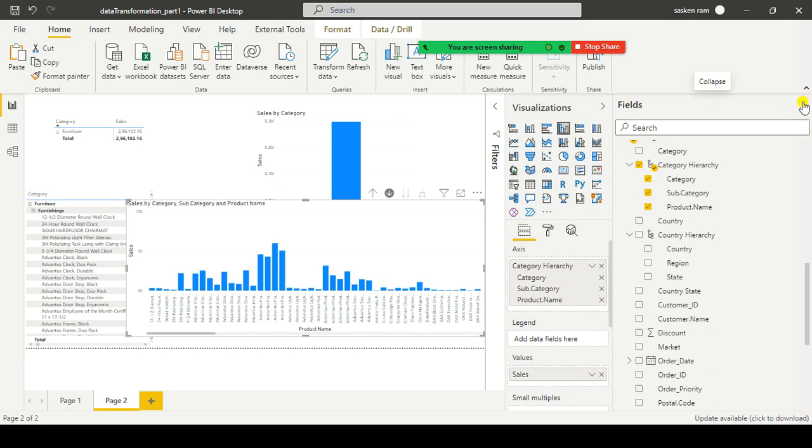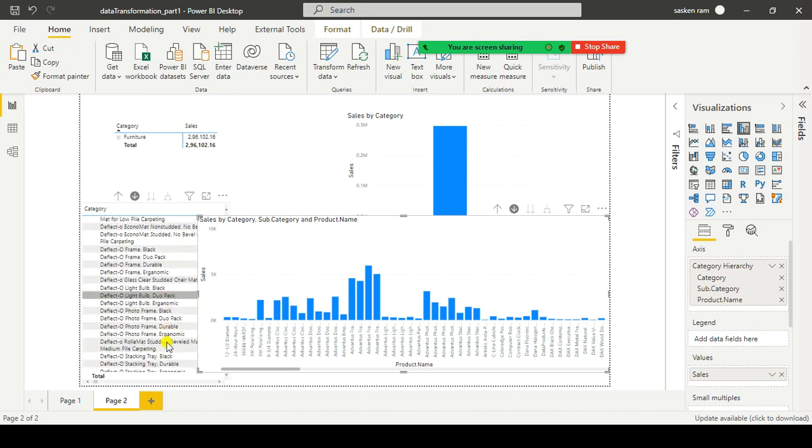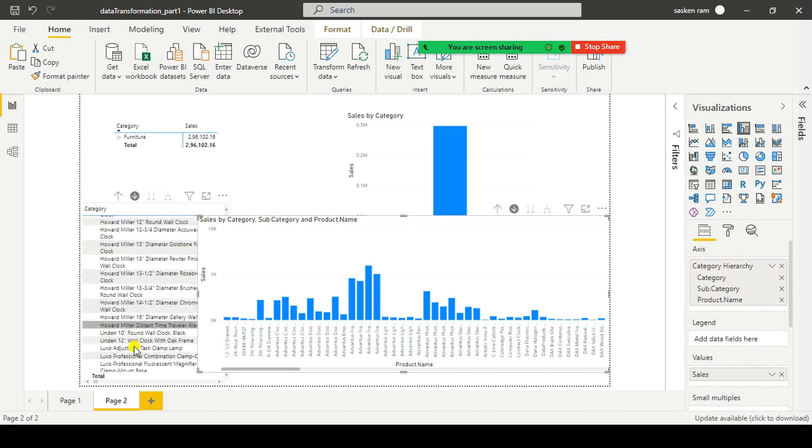I just minimize this one, we don't need that one now. Look here, half diameter round clock, 24-hour round wall clock, and if I scroll down quickly here,